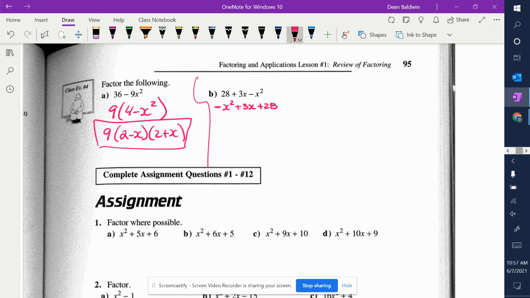Okay? Now, I want to get rid of this negative. So I can factor a negative 1 out. If you factor a negative